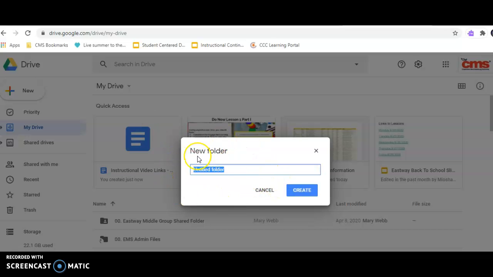Now this window comes up and you are going to title your folder. Our first unit is about A Long Walk to Water. So we are going to title our folder 1 period A Long Walk to Water. When you type that in, that will be the title of your folder. So click Create,